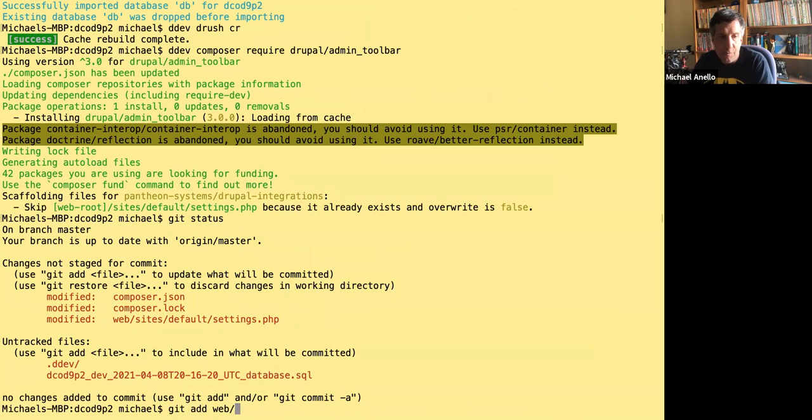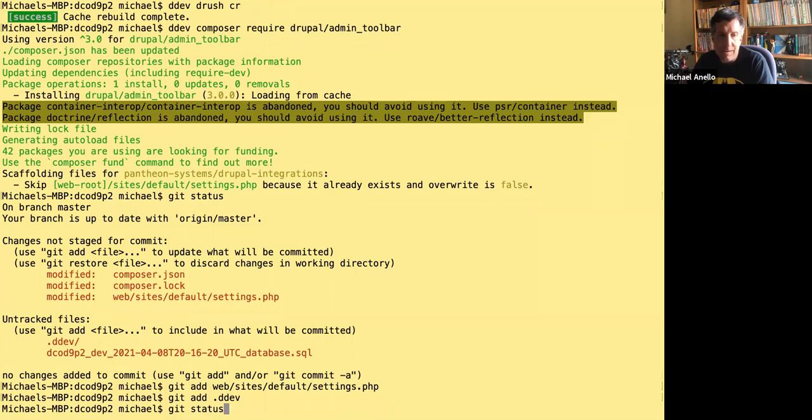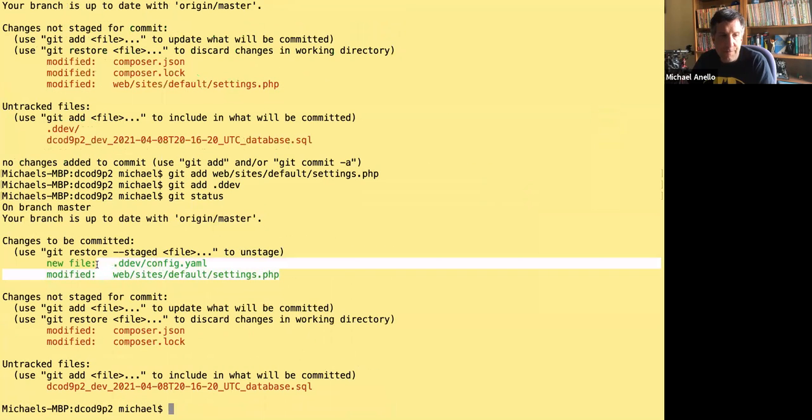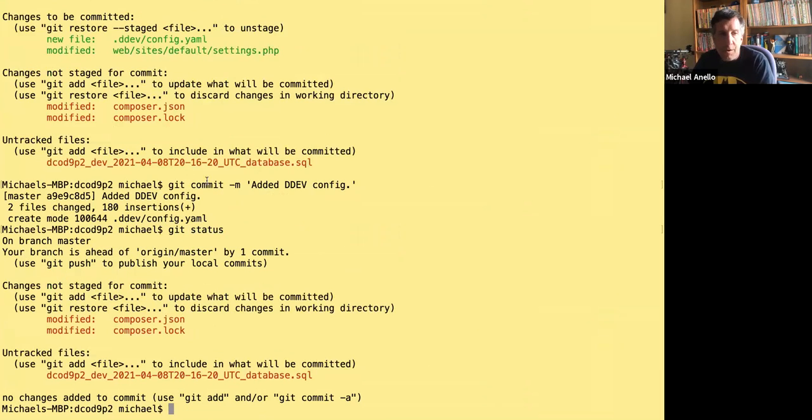I'm doing git add websites default settings.php because that adds the conditional include, and then git add .ddev. So we have a git status. We're adding just a couple of DDev files, git commit -m added DDev config. All right, git status. So if I had done that before, the act of doing a composer require admin toolbar only modifies these two little text files. These are the only things we have to push, even though, deep inside of web